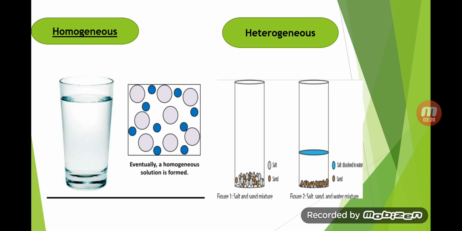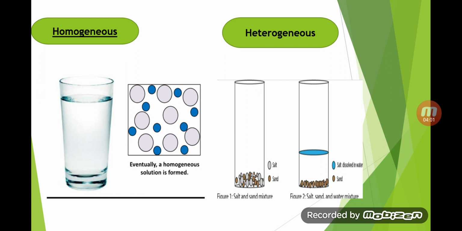On the other hand, you can see very clearly there is a separation boundary between solute and solvent. Here sand and mud mix together, and in the other case there is sand in water. There is a separation boundary, water and sand do not mix with each other. You can see with your naked eye where is the sand and where is the water, and this is called a heterogeneous mixture. So my dear students, it is very clear what is homogeneous and what is heterogeneous.